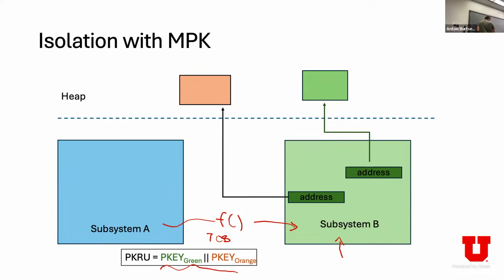Then when you do this function invocation, remember we talked about the trampoline, it was something like write PKRU, and you will write something like white into it before calling function f. So essentially you're changing the tag from green to white. And the question is how you can pass something across. I don't see an immediate way besides this scheme where you say, look, all the objects which I want to pass